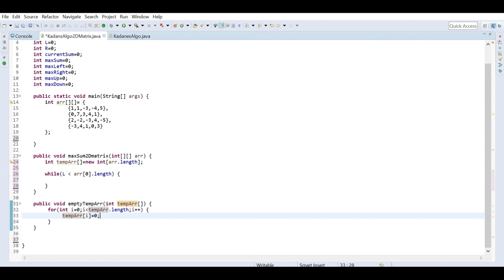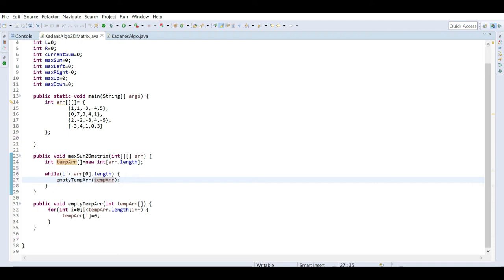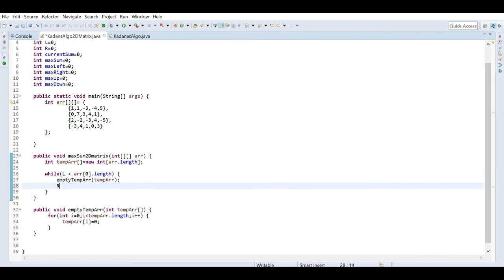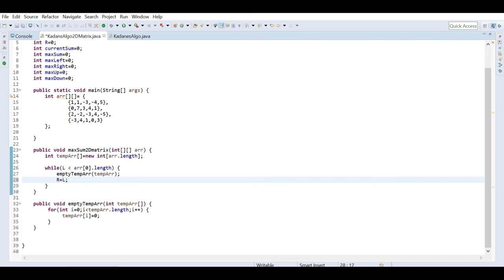So before proceeding we call this method, passing this temporary array, and it will become empty. And in the starting position our r, the right, will be equal to L.